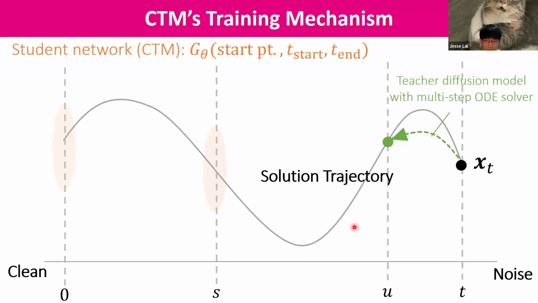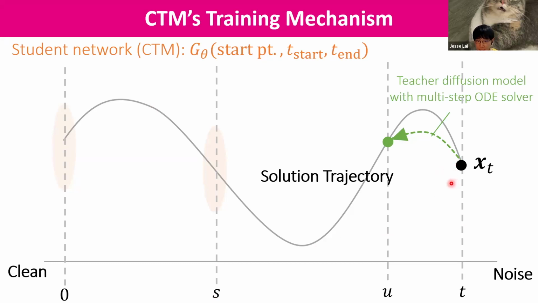So for CM, if you remember, they always do the local consistency, which is solving from t to t minus 1. So they solve from t to t minus 1 and then use the student model to bring it back to 0, and also starting from t to 0. This is the CM training. This is extremely unstable. This local consistency is not so stable for the training.